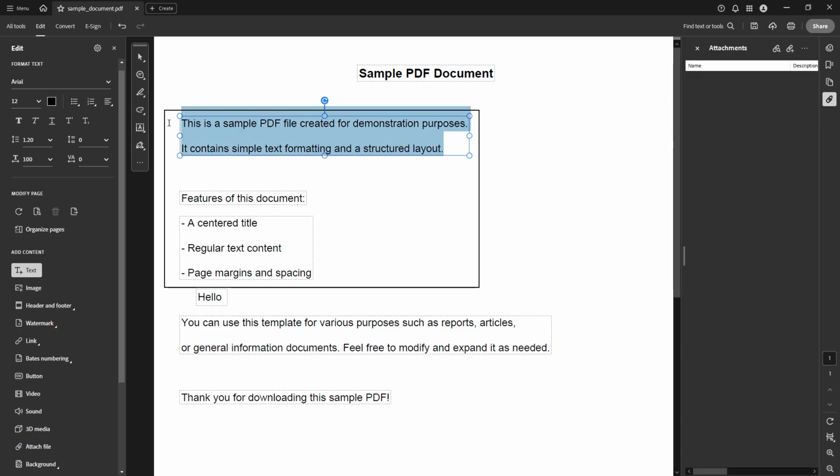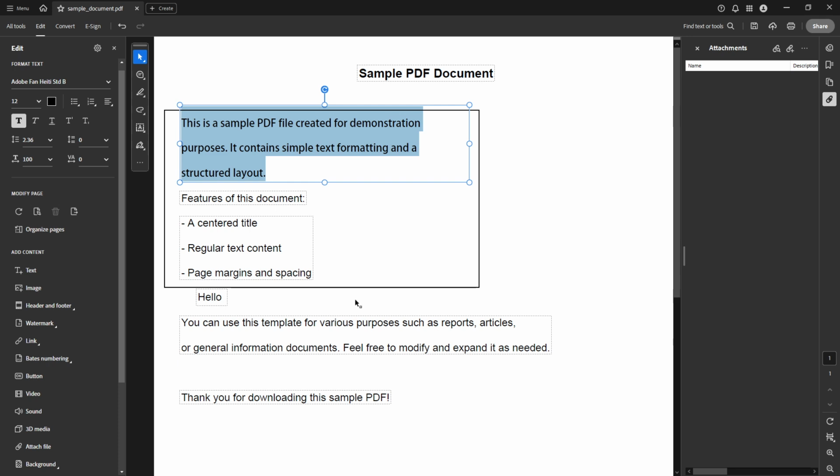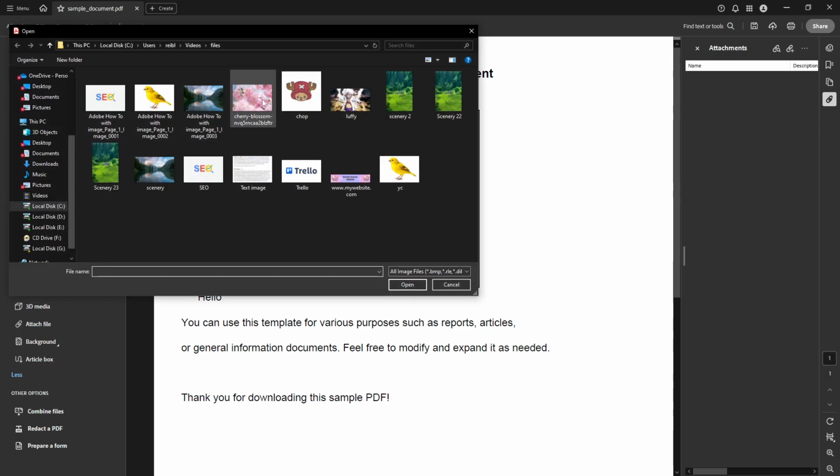If you need to resize, move, or replace an image, simply click on it to reveal image editing handles. These allow you to drag and adjust the image seamlessly, ensuring it fits your document perfectly without compromising on aesthetics or layout. Once you've made all the necessary adjustments and you're satisfied with the changes, the final and crucial step